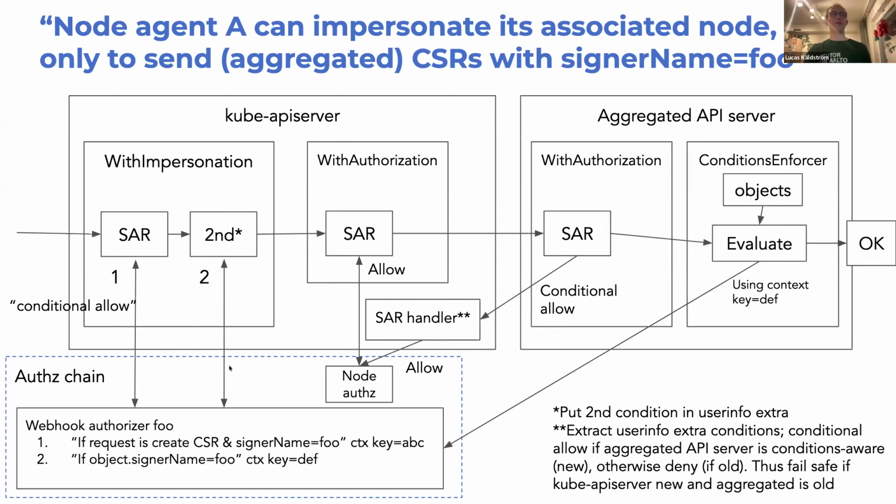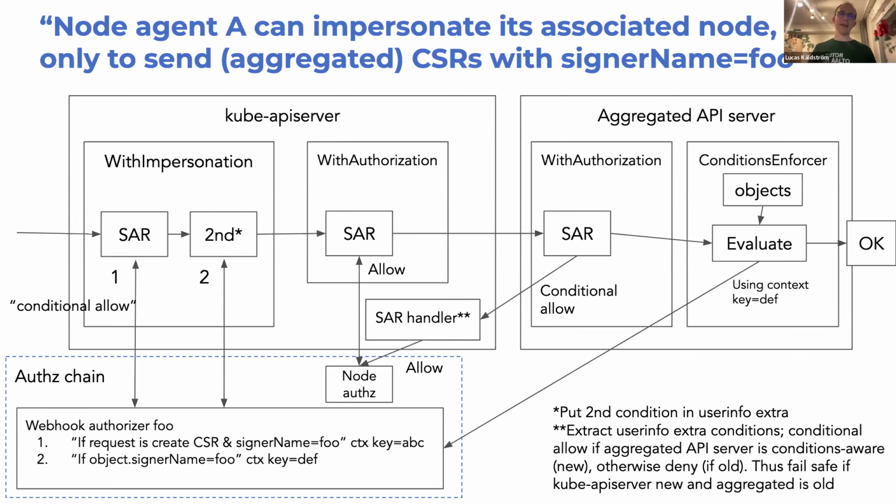Well, the problem is that if you don't propagate this DEF context key somehow, then in the second check you already forgot which user you were in the original thing. So even though you send a reevaluation here, you're talking about the impersonation case. Yeah. I think to fix the impersonation case, we have to fix how we do that with aggregated APIs, right? Today that process is lossy. I think we would have to come up with a different implementation that retains both the original user and the impersonated user separately so that the aggregated API server can effectively redo the proper check.